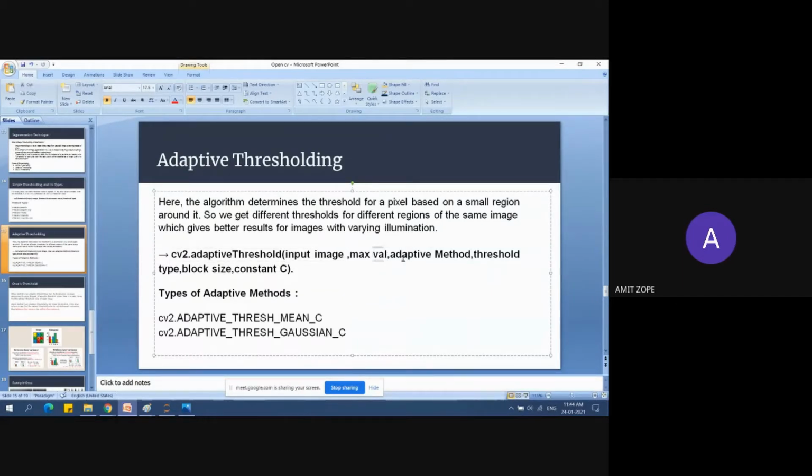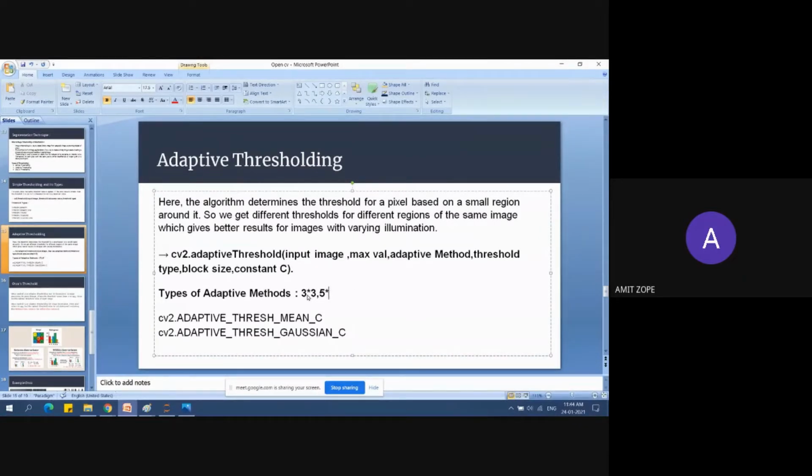The input image is there, then the maximum value is 255. The adaptive method is this, and the threshold type is the simple threshold type we want here. Block size is nothing but a convolution operation. Block size filters out pixels in a matrix format. That matrix is swept around the image, and the block size is generally odd, like 3 by 3, 5 by 5, or 7 by 7.